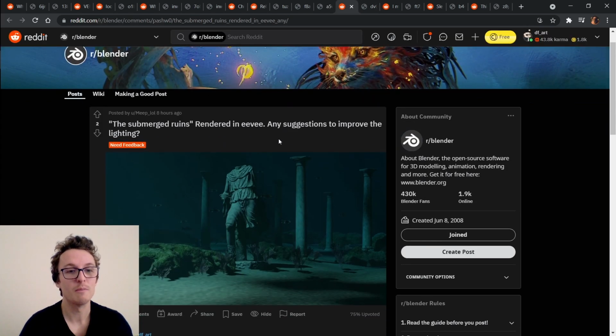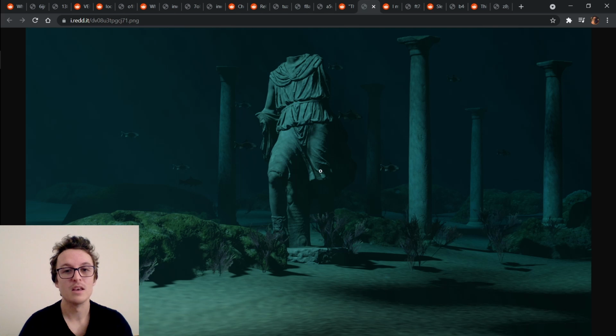Okay, and then we've got Meep, lol. The submerged ruins rendered in Eevee. Any suggestions to improve the lighting? Okay, so